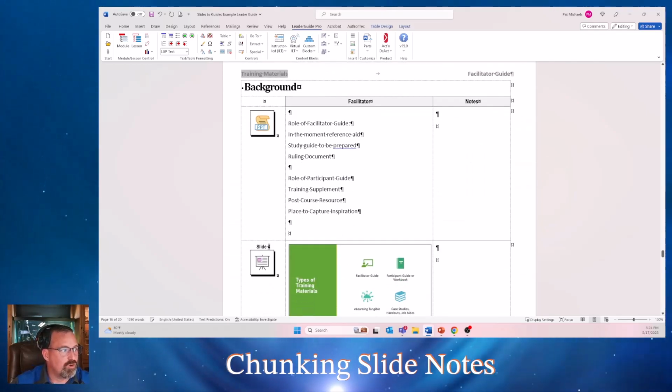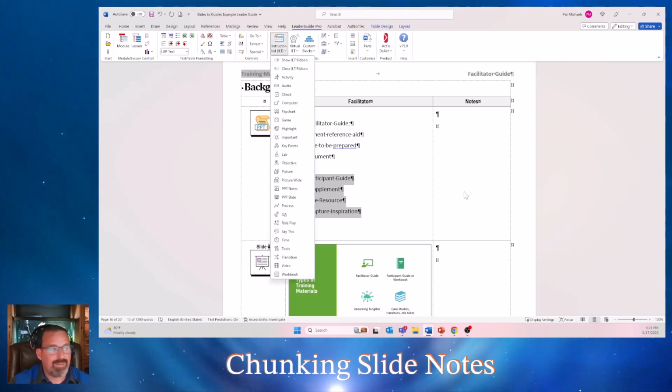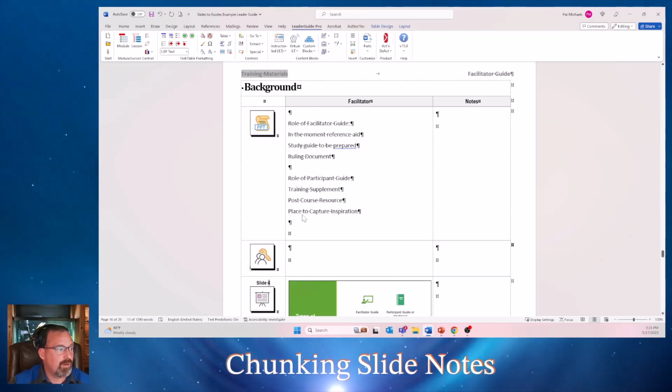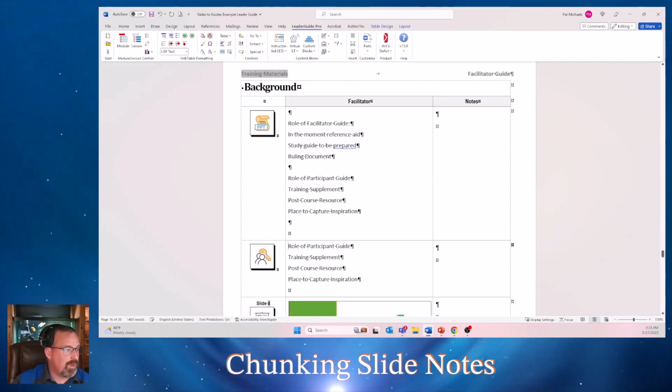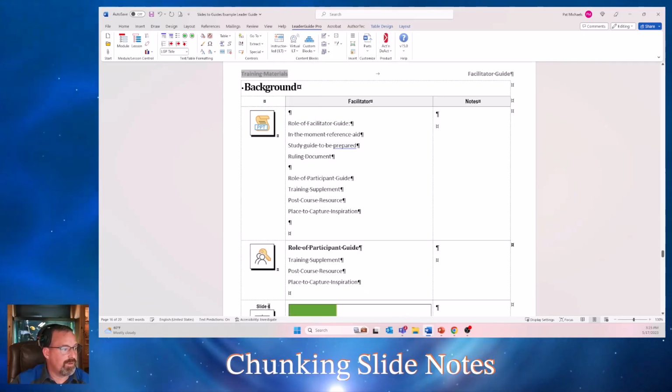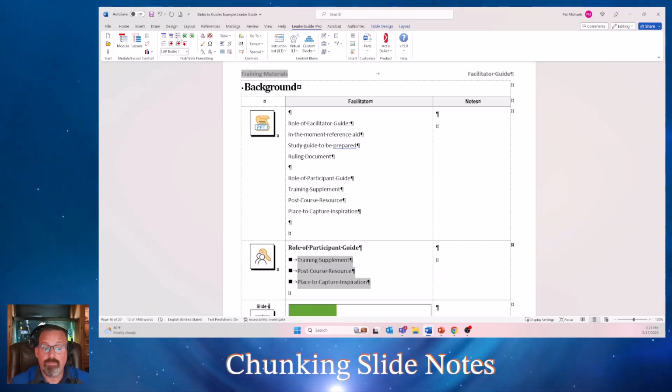A lot of times your notes are filled out and maybe they're broken up in a way where you know where things are. So like here, the role of a participant book, right? Maybe to me this is a key point. I can highlight the text, drop down my list, and choose the content block I wanted. And maybe I want to make this stand out, the role of the participant guide. I'm able to now start quickly maneuvering the notes into other content blocks and apply the formatting that I need